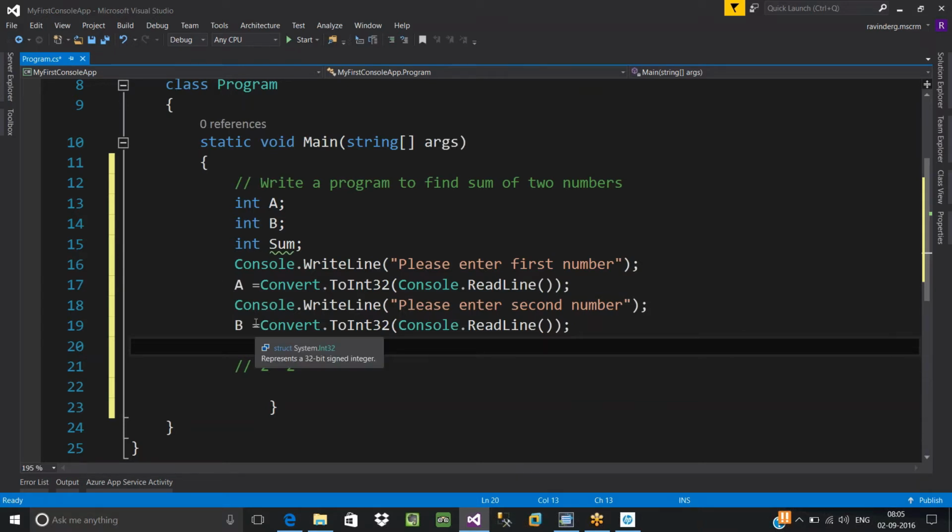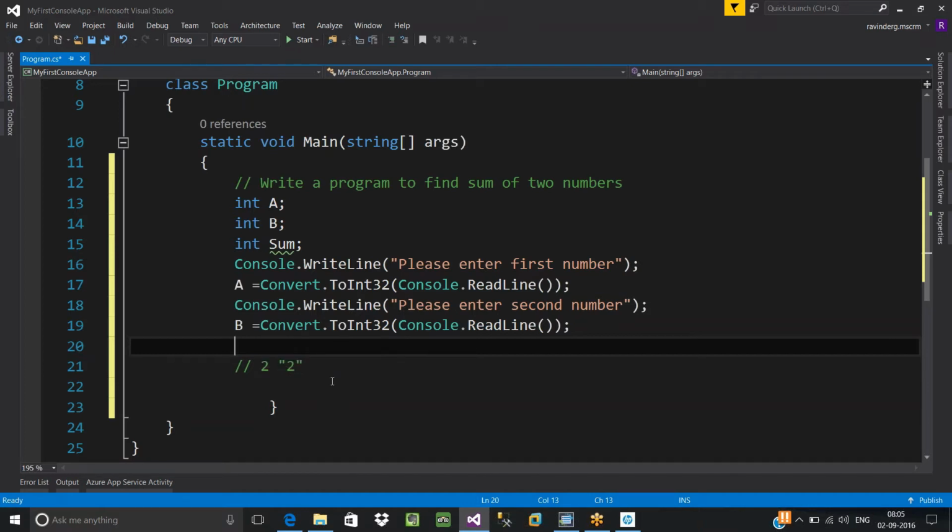It means you need to add those two values, find the sum of those two values and return the result back to the user. And you have to tell the user, hey boss, the sum of your two numbers is so and so, 10, 20, 30, 40. So again, that result has to be displayed back on the screen.